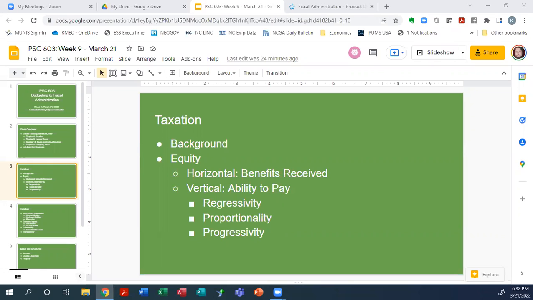And a lot of times, that's the idea of whether the tax is relevant to what the public receives in terms of goods and services. In most cases, that is generally correct. There are a couple of cases where it may not be. What's an example where you could think that perhaps a tax would not, based on your experience with taxes, have horizontal equity?